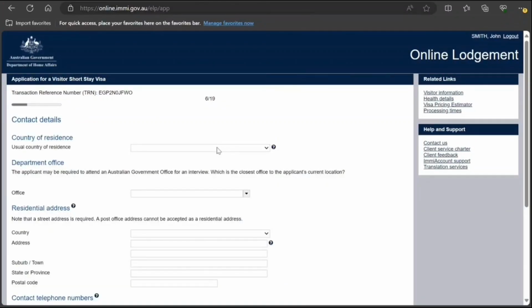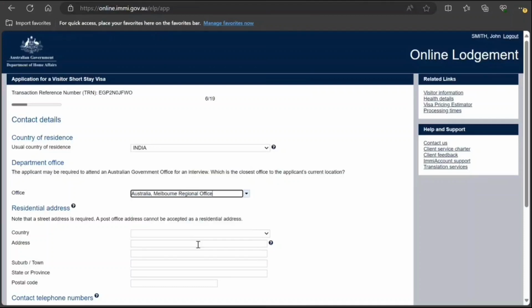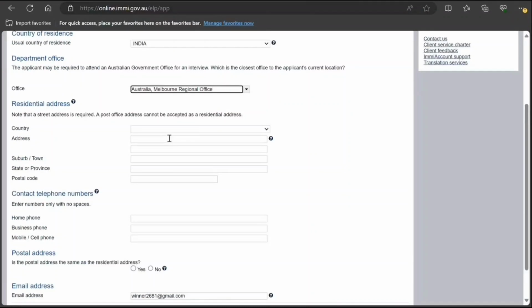Country of residence, contact details, usual country of residence. So I select India. Closest office to Australia, applicant's current location. So let's say you are in Melbourne. So I'll select Melbourne. Residential address where you are now. So I'll just select